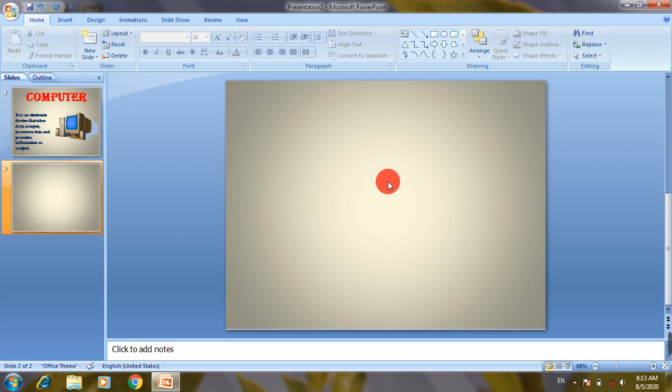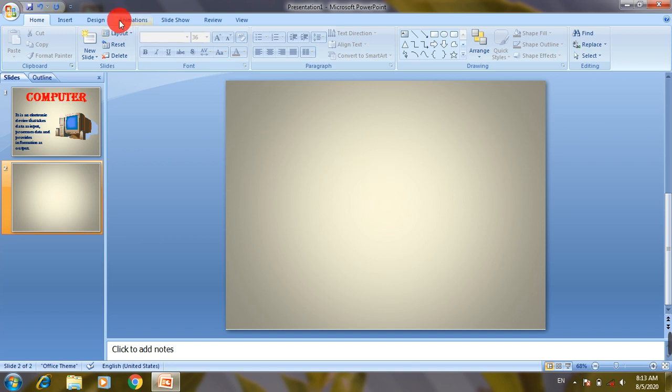You can see here there is no object present here, or there is also no placeholder in this slide. So we have to think how we have to design this particular slide. So first of all, I am going to show you how to insert picture in this slide.